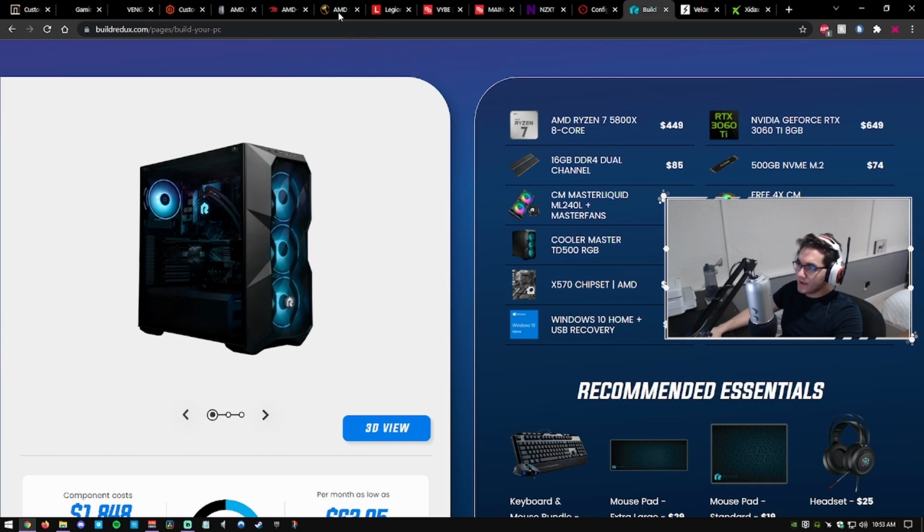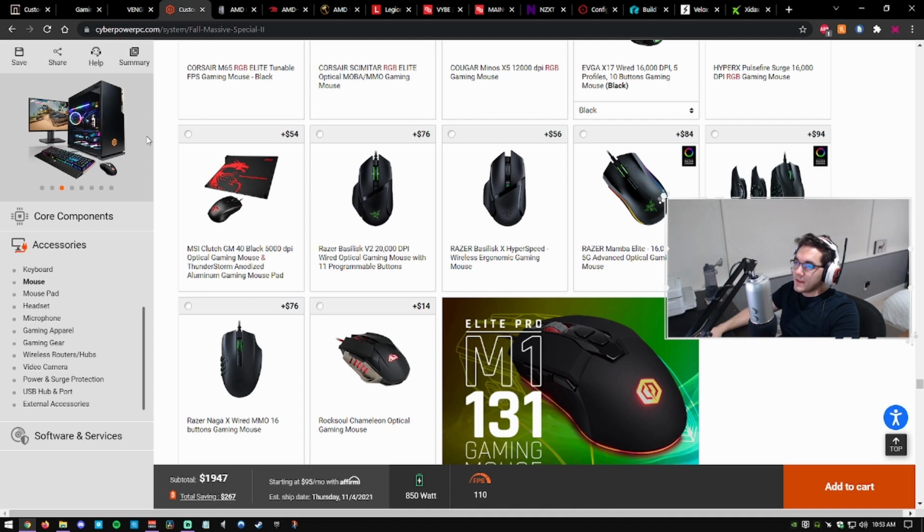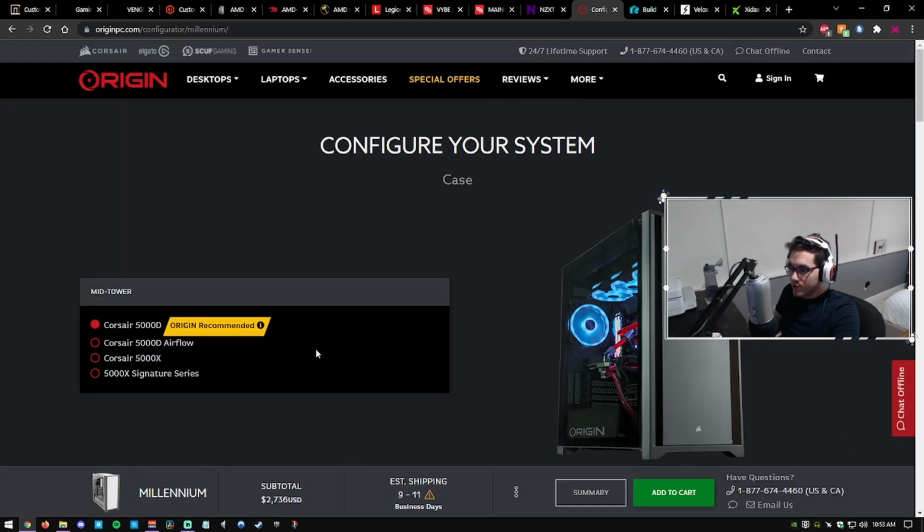And then we'll just have a big overview here. Overall, I think you should check out Ironside. I think it's a solid choice, as well as CyberPower or Redux. And then if you're the type of person that wants a premium, really custom, really want to get into it, and you've got a high budget, then I would encourage you to go and look at what Origin is up to, and how they could work with you. They're the one I would recommend you get in direct contact with if you want to work on something pretty special and